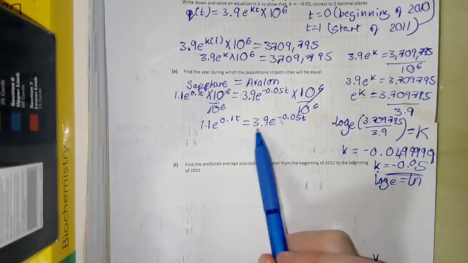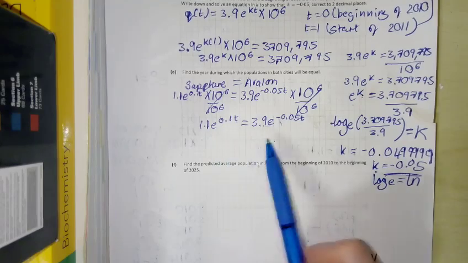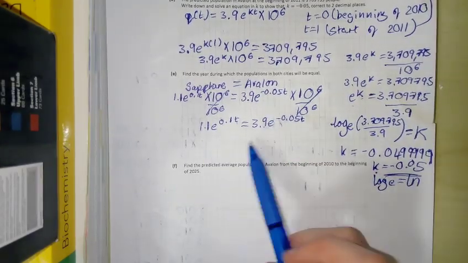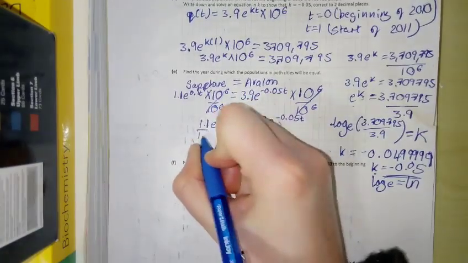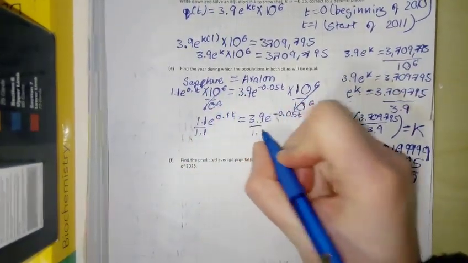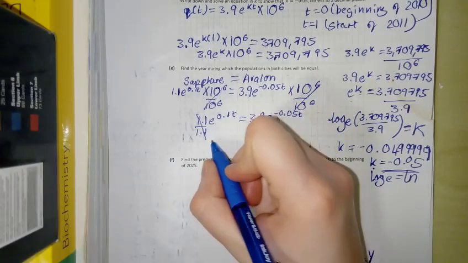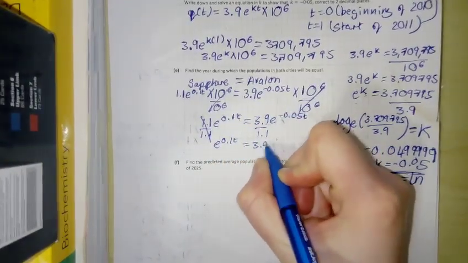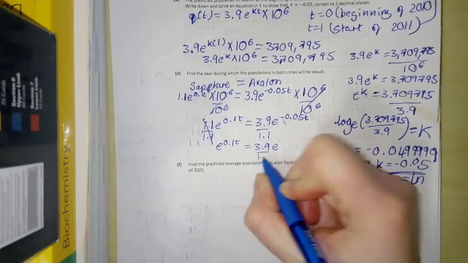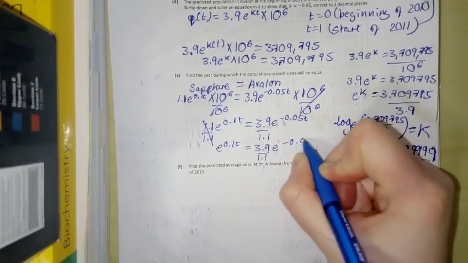We can cross multiply. So if we divide both sides first by 1.1, that'll cross over, then we're left with e^(0.1t) is equal to 3.9 over 1.1 e^(-0.05t),